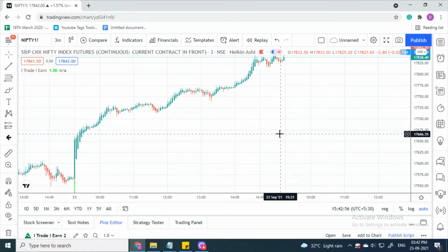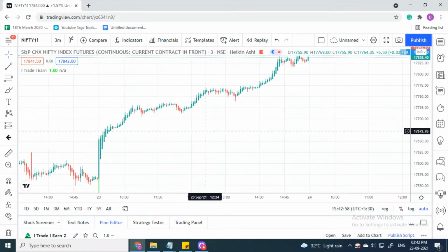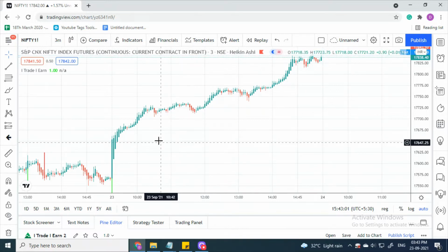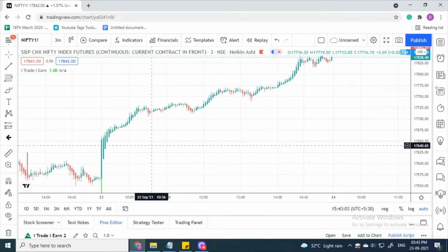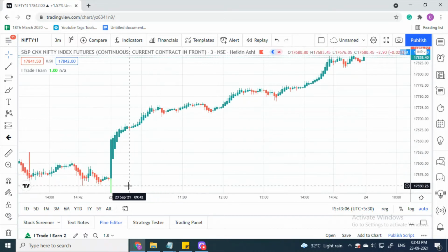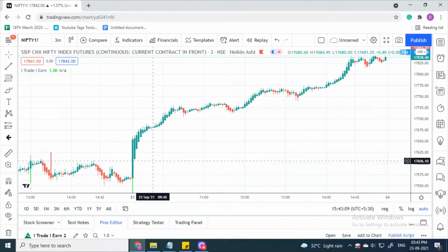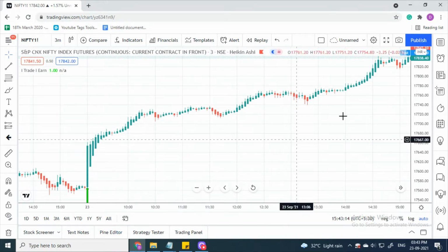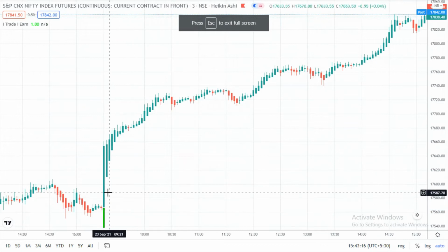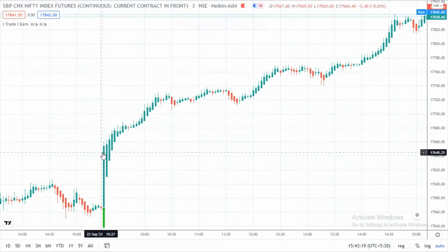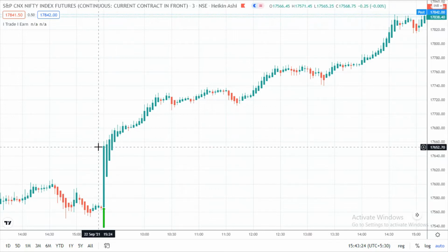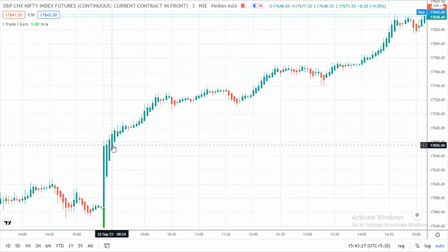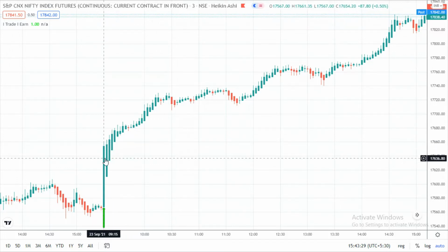Now today is 23rd September. On 23rd September, you can see in Nifty, whenever there is a buy signal, you will see a green arrow on a buy indicator. That means it is a buy call. When you get this signal to buy on a green candle, you need to buy on the next candle when it closes above this candle where the signal was generated.